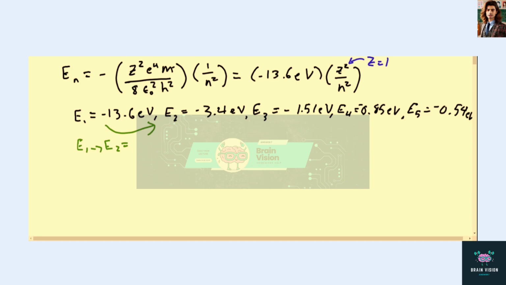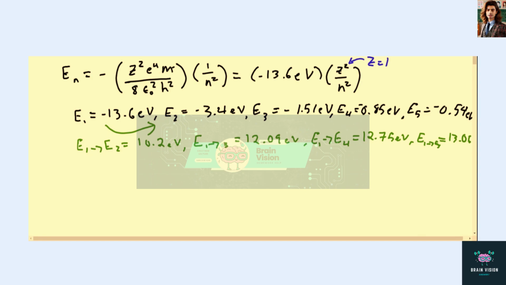So from E1 to E2, it's just 10.2 electron volts. From the ground state to the third state would require 12.09 electron volts. To go from the ground state to the fourth state would take 12.75 electron volts, and to go from E1 to E5 would take